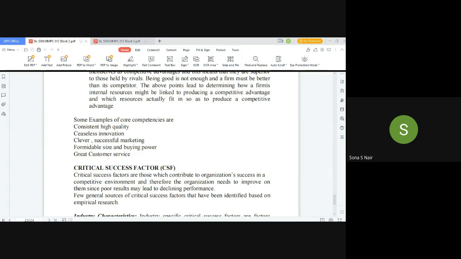So how do different advertising firms differ? Any agency might have a core competency of being very creative. Their people are very creative, and they're able to bring out campaigns which absolutely no one else can think about. So capability, if done very well, leads to a competency, and competency, if it is able to meet the criteria which is required to be successful in that field, which is a critical success factor, it becomes a critical success factor. Okay, it's connected like that.